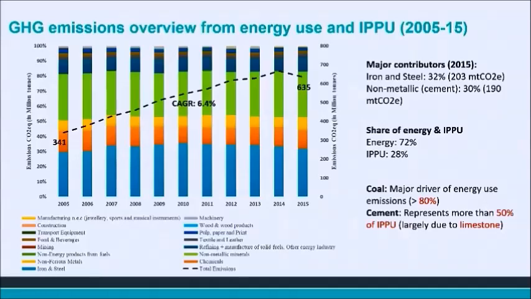In terms of type of emissions, industrial emissions are primarily driven by AFOLU, the bulk of which is catered by coal, which is responsible for more than 80% of fuel emissions. Whereas in terms of IPPU emissions, the majority are driven by cement products, the process emissions involved in cement production. Next slide, please.